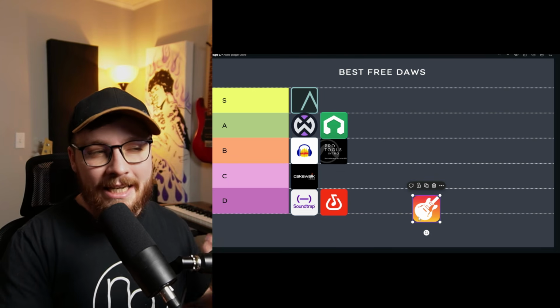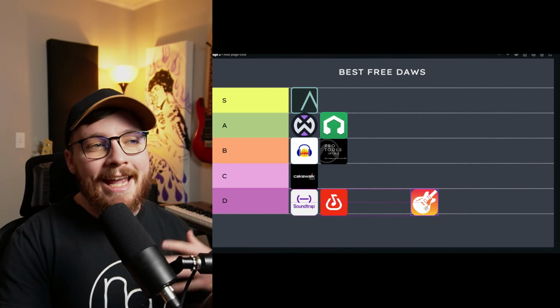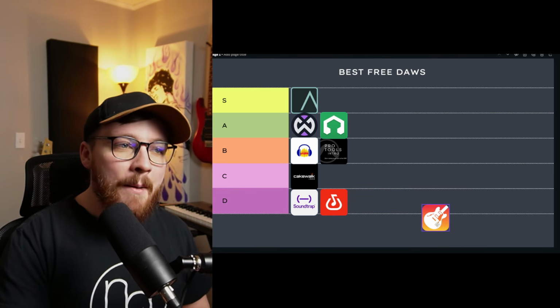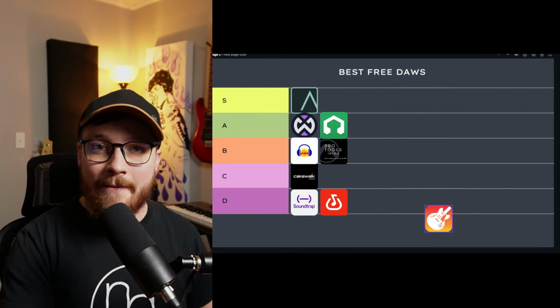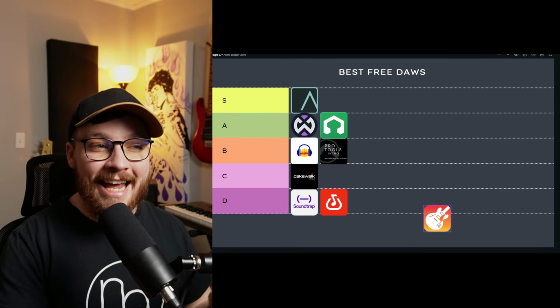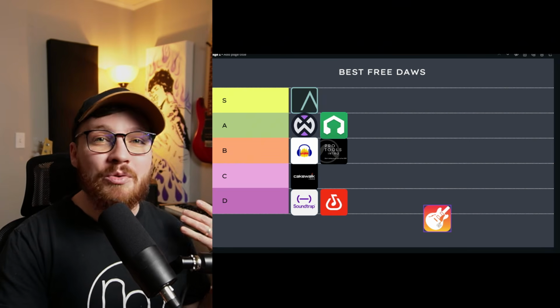As far as features, I'm going to give this a 7 of 10. It is missing the plugin manager and it is missing the bus features, but I'm going to give it a 7 out of 10 because there's tons of stuff like the AI drummer as well. And as far as upgradability, I'm giving this a 10 of 10 as well